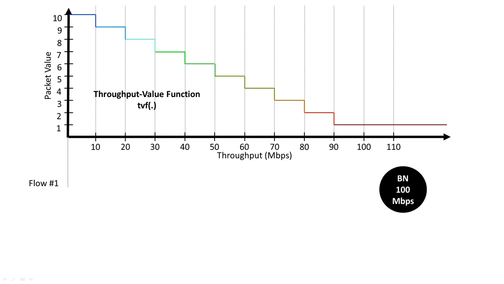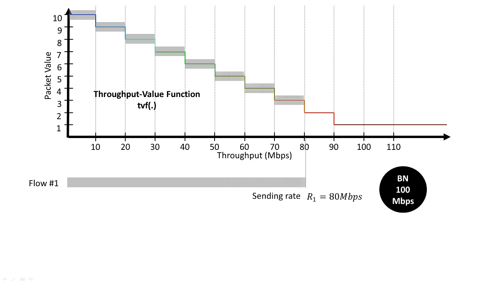We have learned that the PPV mechanism is based on packet marking. For each traffic aggregate, we have a dedicated packet marker instance that computes and assigns the packet values. In the following example, we assume a single constant bitrate flow called flow number 1 as a traffic aggregate. The marking is based on a function that we call the throughput value function, or shortly TVF. Every traffic aggregate has its own TVF to be applied for marking. As we will show later in this video, different resource sharing policies can be expressed by applying different TVFs for the different traffic aggregates.